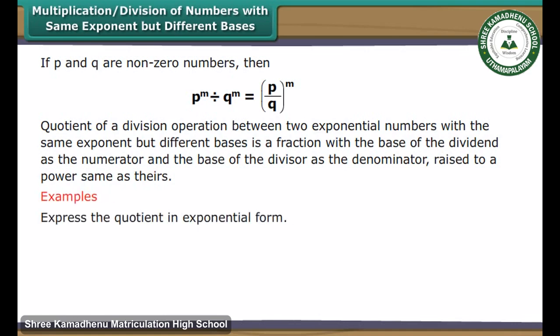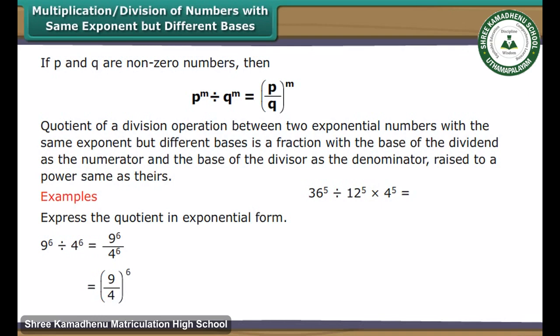Express the quotient in exponential form. 9^6 divided by 4^6 is equal to 9^6 upon 4^6, which is (9 upon 4)^6. Similarly, 36^5 divided by 12^5 into 4^5